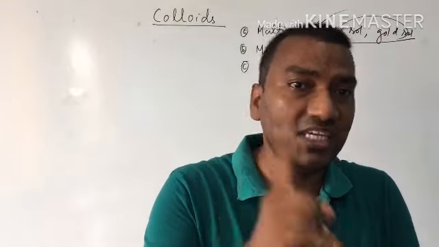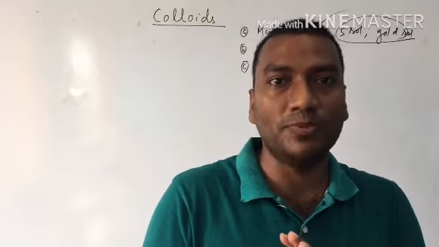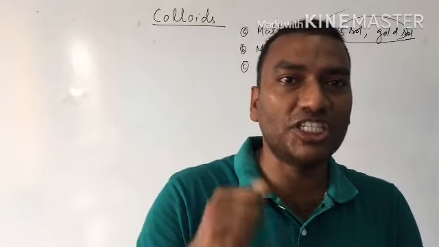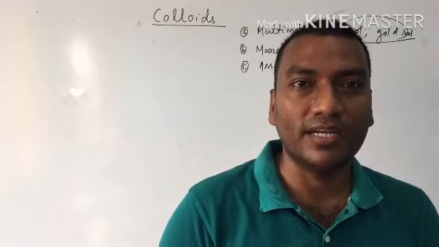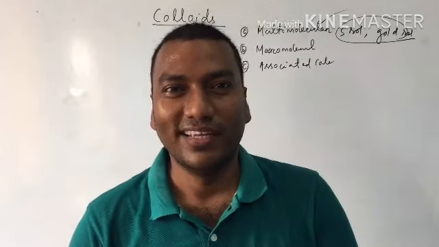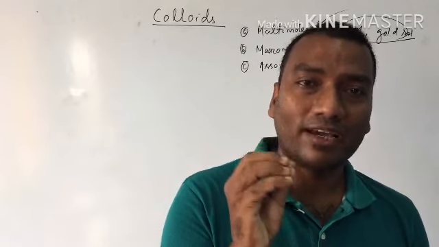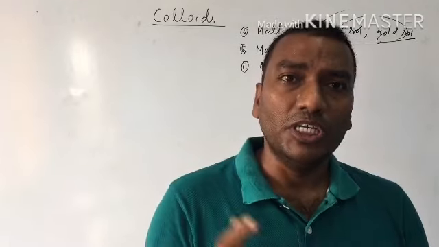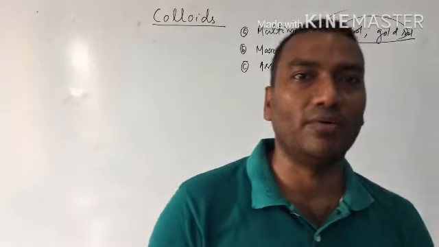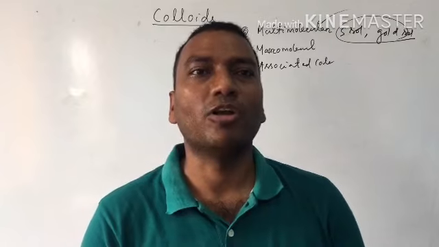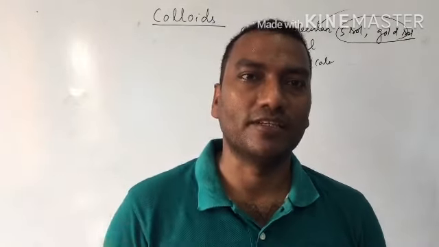But by chance, in place of half a spoon, if we add 5 or 6 spoons of corn flour, then what will happen? In place of gravy, it will make halwa. Yes or no? Why? Because corn flour is a macromolecule. If the particle size is very large and we also add more amount, it does not form a colloid. Directly it forms a suspension.